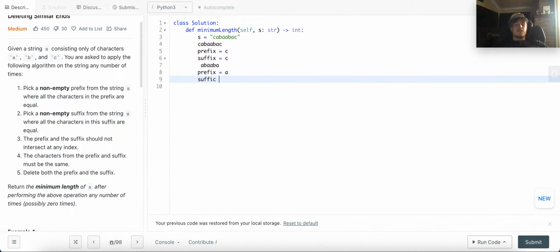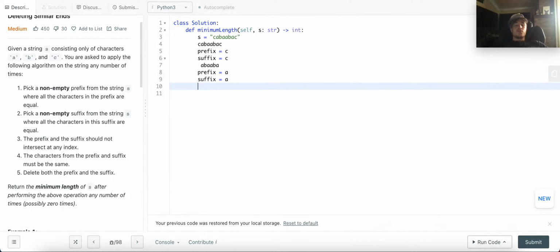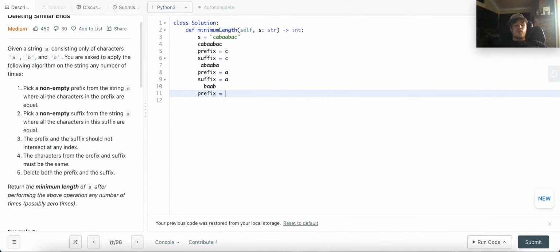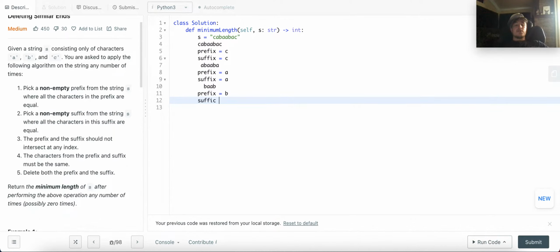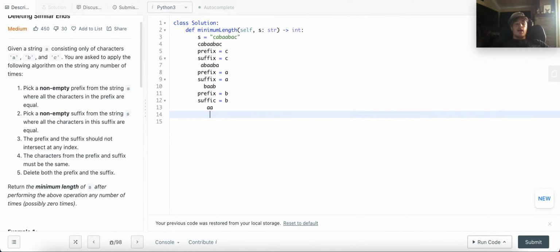And I have my suffix equal A. What I keep putting C here. And they're equal, so I can remove those two from the system. And then I have my prefix equal B and my suffix equal B. They're the same, so I can remove them. And then